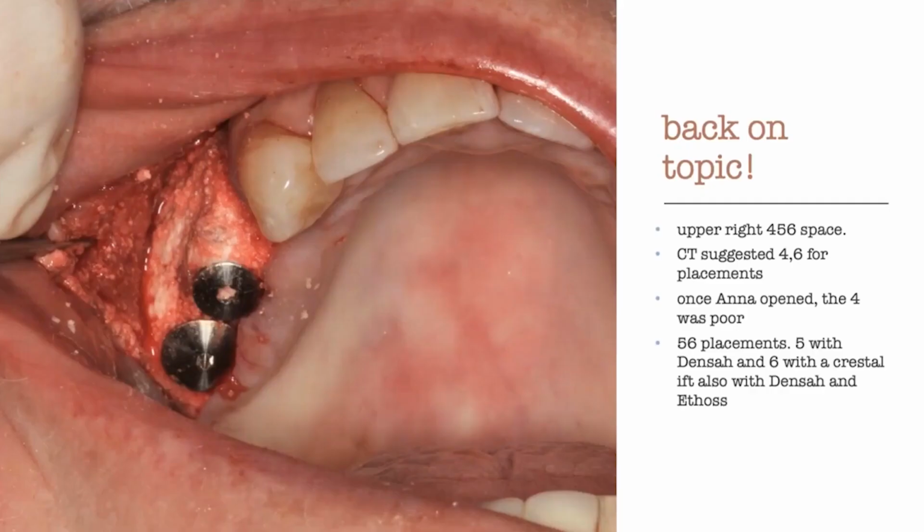So going back on topic a little bit, we were looking at another case where we were initially considering upper right 4, 5, 6 with implant positioning at the upper right 4 and upper right 6, tissue level implants with a wide neck at the back, thinking about a crestal sinus lift at the upper right 6 position. The CT seemed to suggest that was going to be okay. When we got in there, I'm afraid the upper right 4 site,